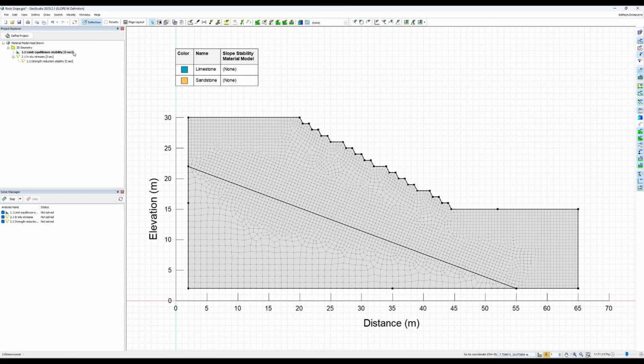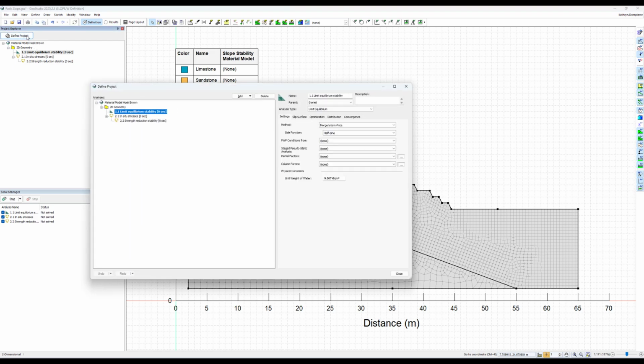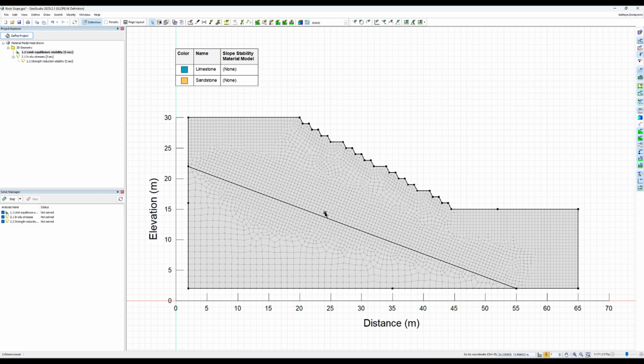In our project tree, we have the two types of analyses already defined. Let us start by considering the SLOPE/W limit equilibrium analysis. This analysis uses the Morgenstern-Price method with the entry and exit slip surface search selected. The limestone and sandstone have been applied to the domain, but appear gray because their properties have not yet been